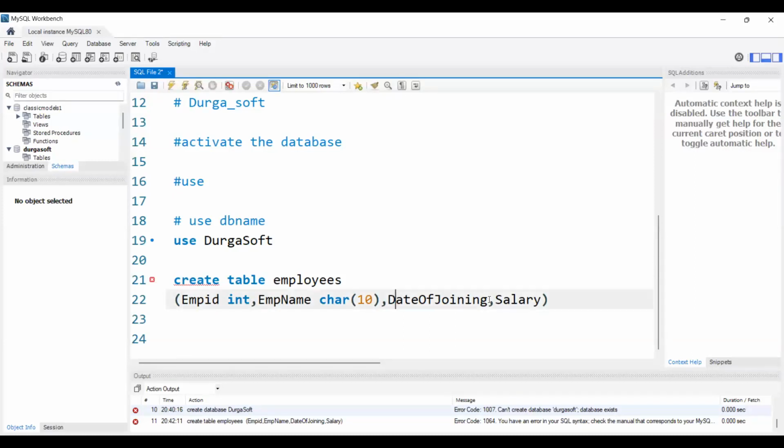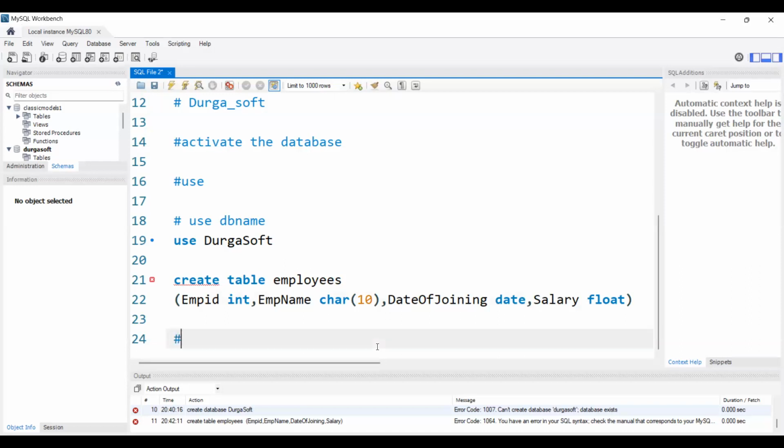and date of joining, the data type will be date, salary will be float, because salary will have decimal points. Correct? Salary can be anything like 35k, 35.2, 35.3, like that also it will be there. Correct? Like suppose 1.2 lakhs. So whenever you see salary, by default we will use float only. If you give integer also, that is fine, but it won't allow you to enter 1.2 kind of thing. At that time you need to enter 1,20,000 in complete form. Okay,